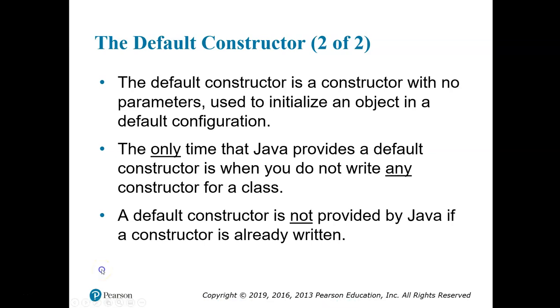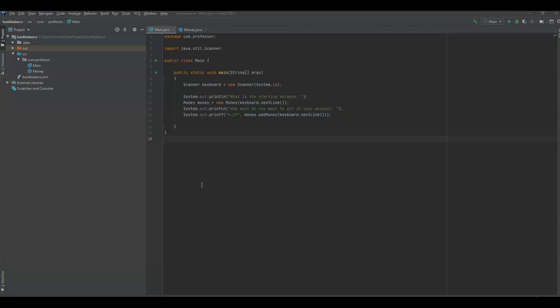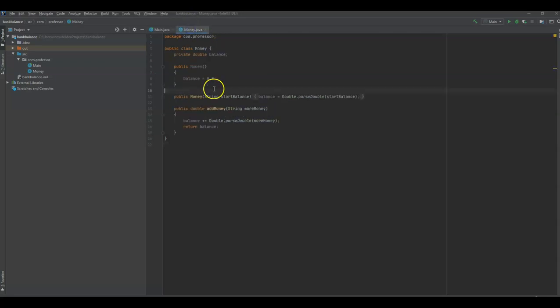So let's go over the Money class and review the no-arg constructor we already have in the Money class, and take a look at how that affects the functionality of the Money class and its methods. All right, so we're back with the Money class and the bank balance project. Let's go and look at the Money class. As we talked about, we have a no-arg constructor here, and it initializes the